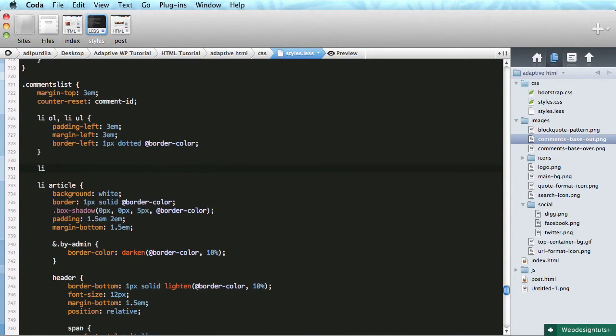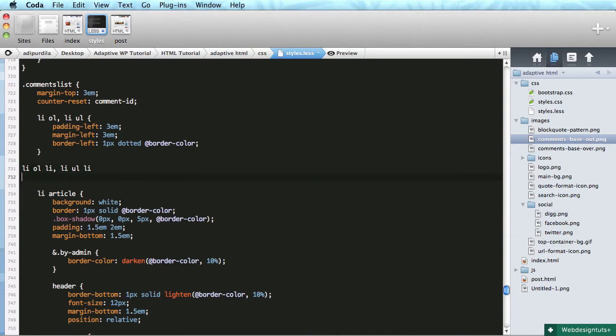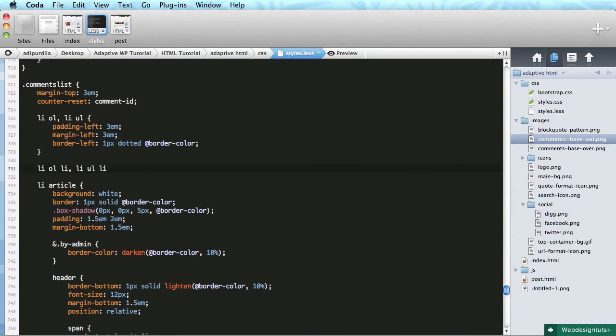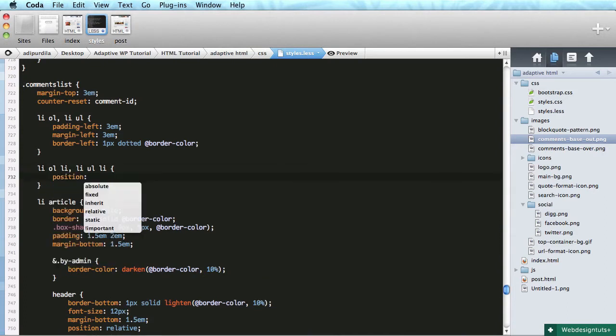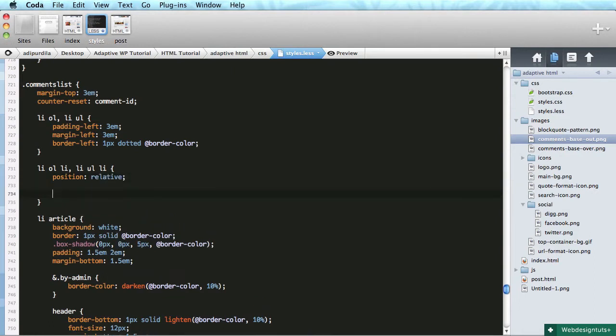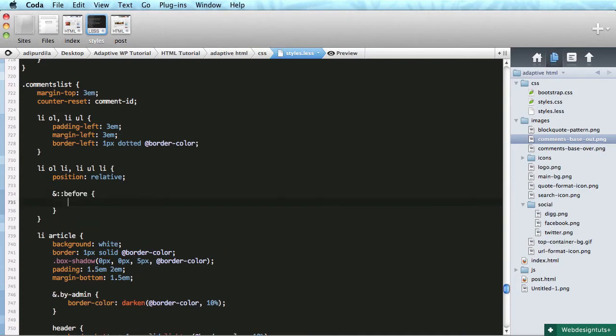So list item OL, list item, and list item UL, list item. So I'm targeting the list items from the nested lists. I'll do position, set it to relative. And then I'm going to do before. I'm going to do the content,